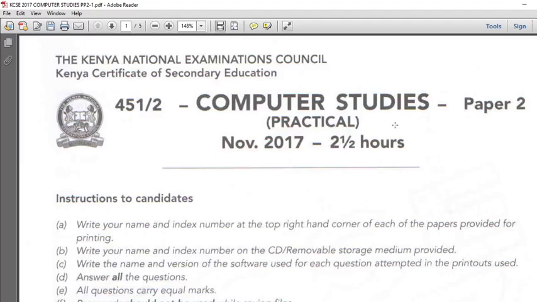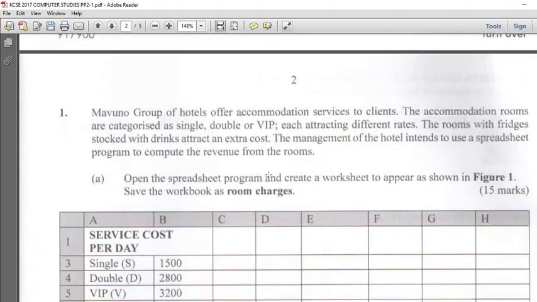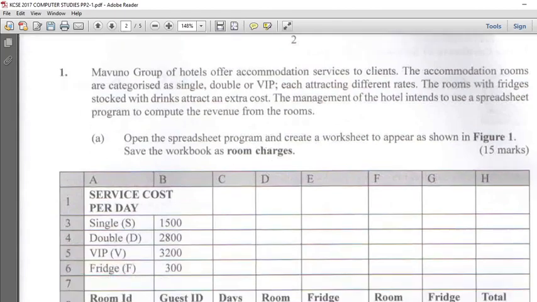Hi guys, today I would wish to take you through Computer Studies Paper 2 practical, that is 2017. We agreed we shall start 2019 downwards for the last 5 years. Therefore, we are at 2017, remaining 2016 and 2015. Therefore, we go straight to the instructions, and therefore Mavuno group of hotels